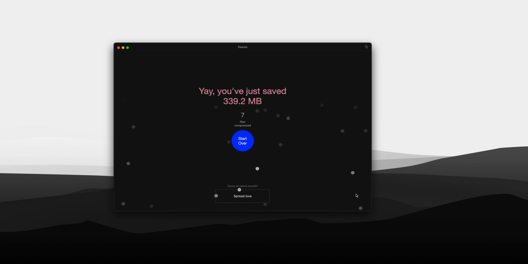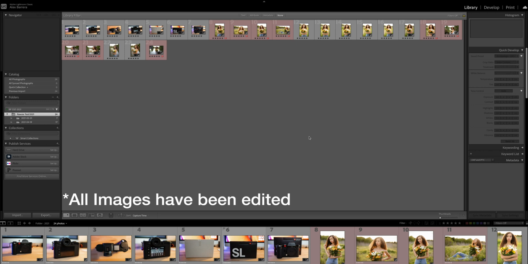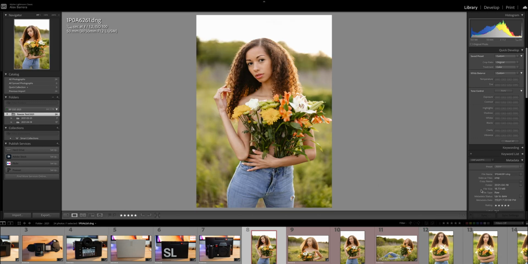And just like that, the files are compressed. We saved 339 megabytes. Here's the cool part. When you go back to Lightroom, let's go ahead and open it up. Okay, so here we have Lightroom, and you can see that all the photos are back in the catalog, and they are the new DNG files. So for example, if I open up this picture here, we see that it is now a .dng and not